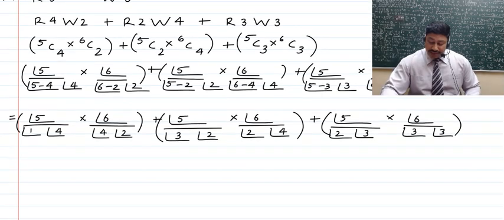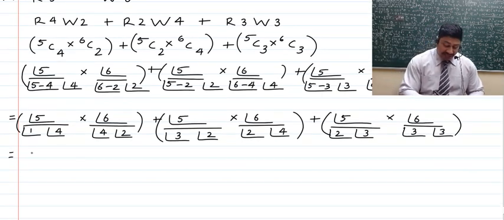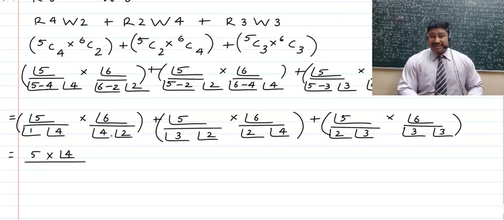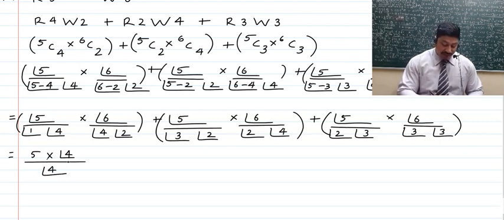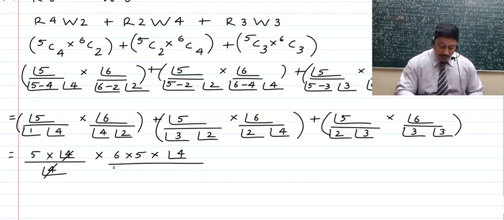Now next, children, what we do is solve it. Factorial 5 can be written as 5 into factorial 4. So we write it that way, and in the denominator 1 factorial is the same as 1, and as 1 is the multiplicative identity, it will vanish into thin air, and then we will have factorial 4 in the denominator. Factorial 4 will get cancelled, and to that is going to be multiplied factorial 6, which can be written as 6 into 5 into factorial 4, and in the denominator we have factorial 4,